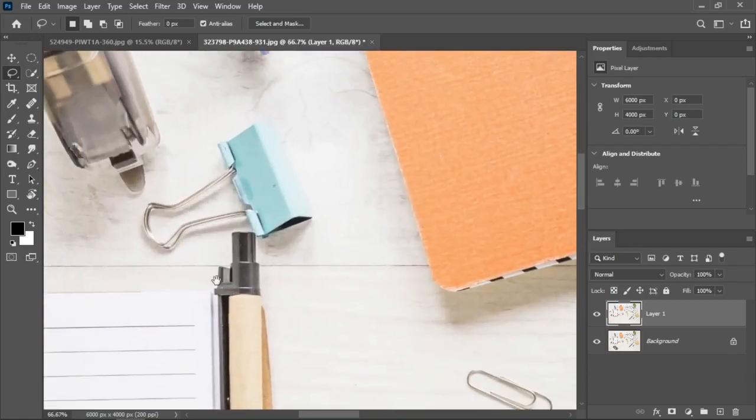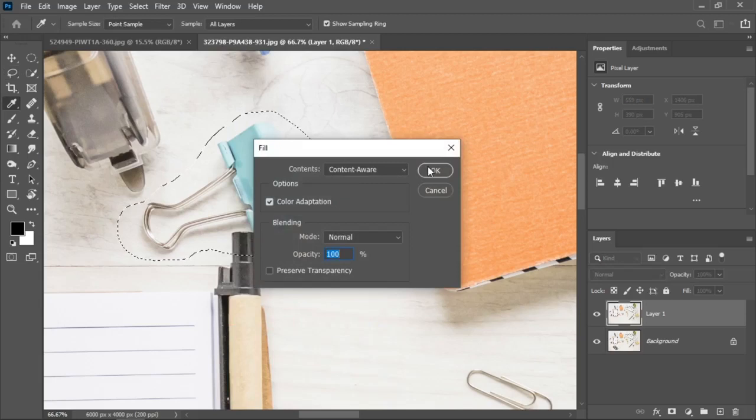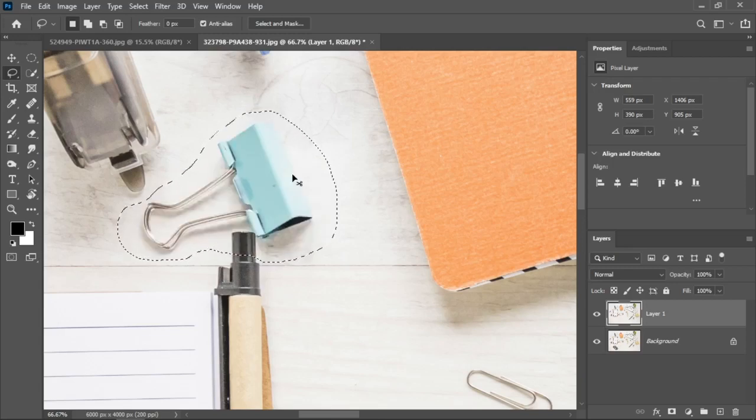And if I try to remove just one of them, for example, if I want to remove this clip, I will try to make a selection of it, and obviously I will have to go above the pen. And now when I hit fill and content aware, it's all messed up. Like Photoshop cannot understand what's going on over here. Let's press Ctrl Z, deselect it with Ctrl D.